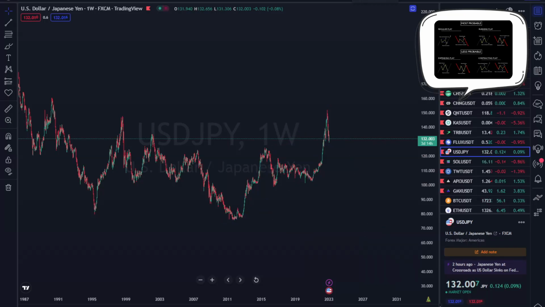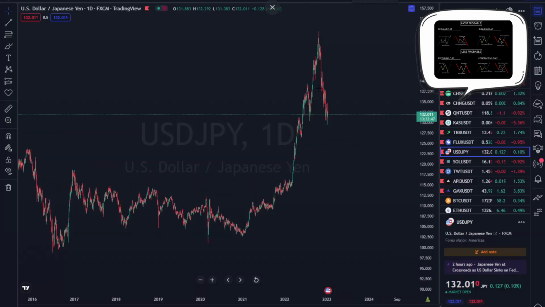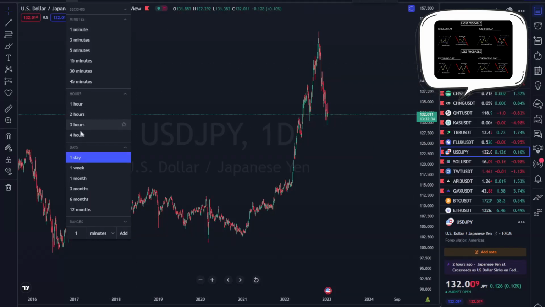All right, so that's the weekly. On the daily one, you know that you're looking for a sell. And on the daily chart, I'm looking for a bigger correction to then come back down. So that's the daily, looking for a bigger correction. Now the smaller time frame,